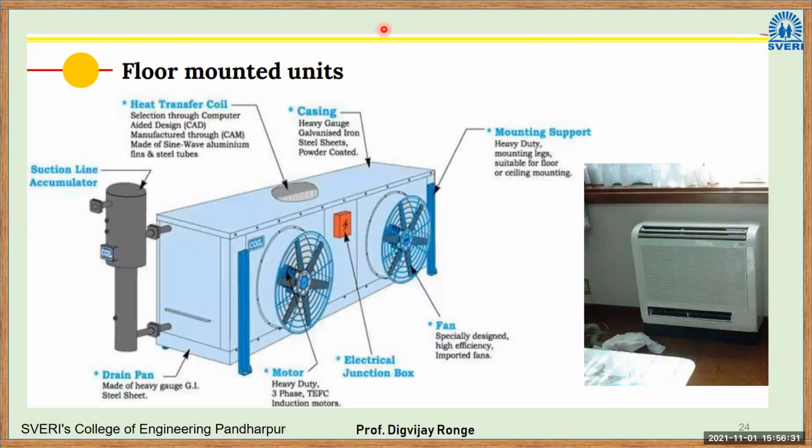So this is one of those floor mounted air conditioning units. Okay. These are the fans which are used to cool the condenser coils. So this type is called an air cooled condenser. Fans are used to cool the condenser. Okay. This is the inside section. Inside section is an evaporator.